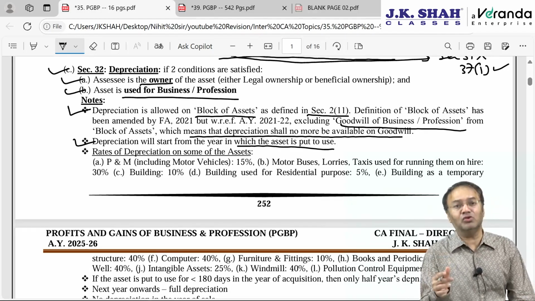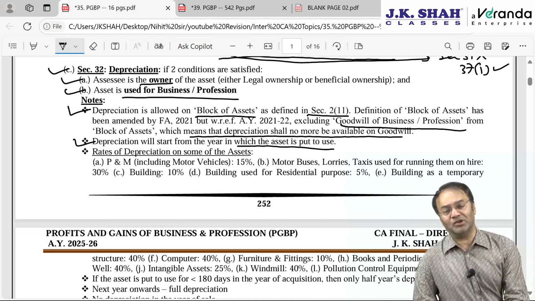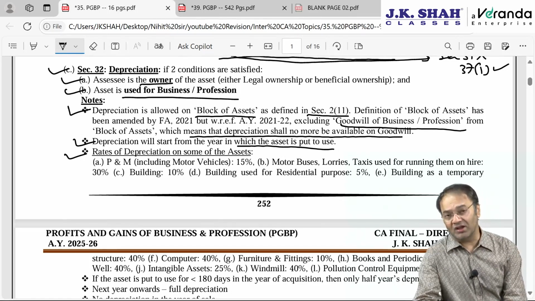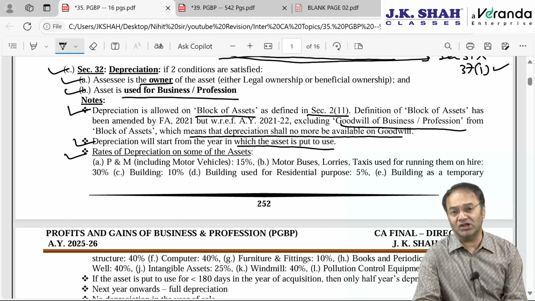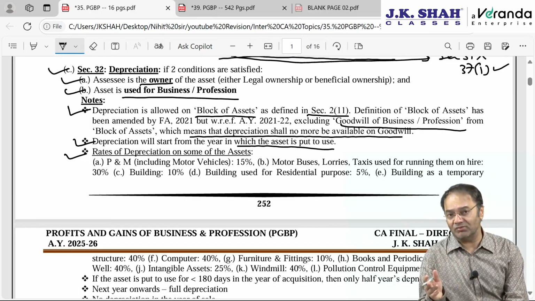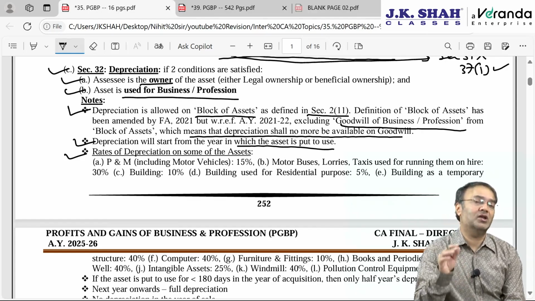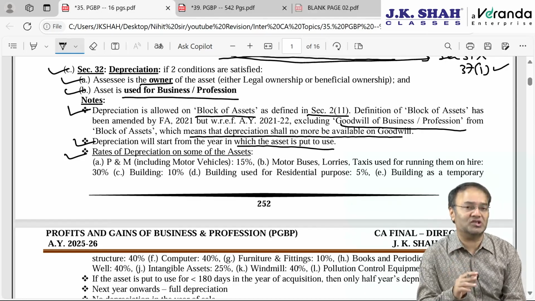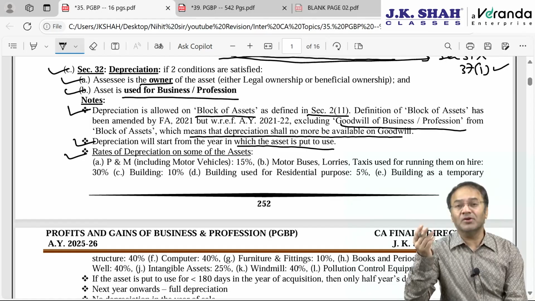So even if ready to use is called put to use, then depreciation will be allowed from the year in which it is put to use. What are the rates of depreciation? Rates of depreciation are not given in the Income Tax Act, they are given in the Income Tax Rules. After the Income Tax Rules are over, there are 2 appendices, Appendix 1 and Appendix 1A. Appendix 1 talks about rates of depreciation under the WDV system and Appendix 1A talks about rates of depreciation under the SLM